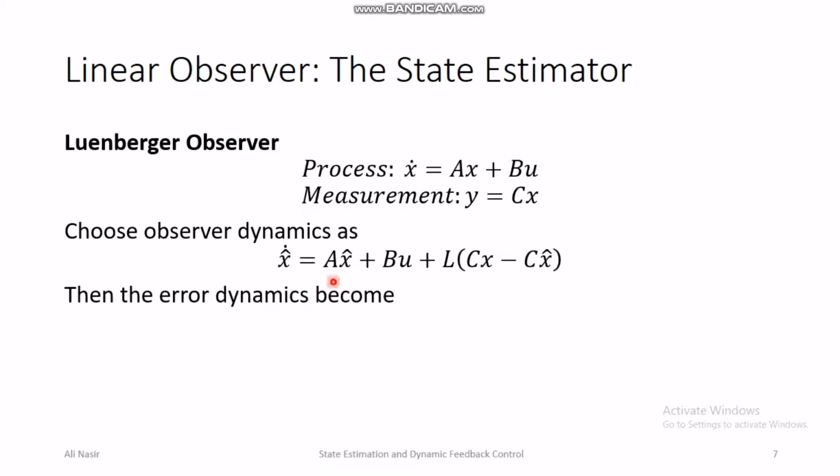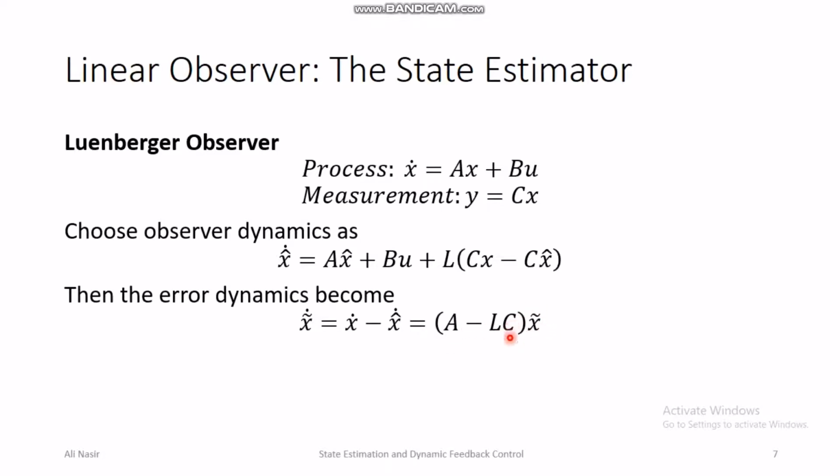Once we define the observer dynamics in this way, next we go on to the error dynamics. Error is the difference between x and x hat. The dynamics of the error: x tilde is the error, x tilde is equal to x minus x hat, and the derivative of x tilde will be the derivative of x minus the derivative of x hat. And if you substitute x dot equal Ax plus Bu here, minus x hat dot equal A x hat plus Bu plus L times (y minus C x hat), then after some simplifications you get this equation, (A minus LC) times